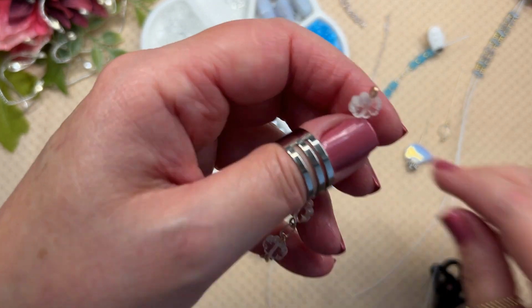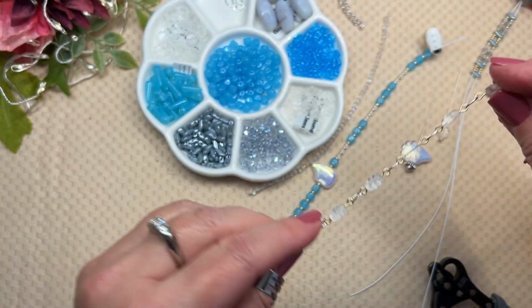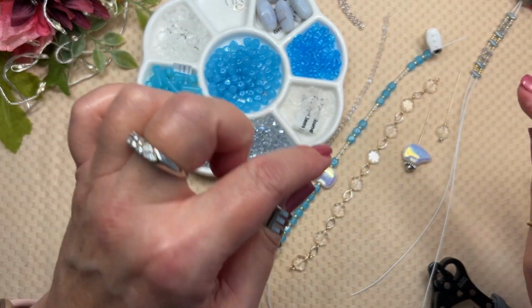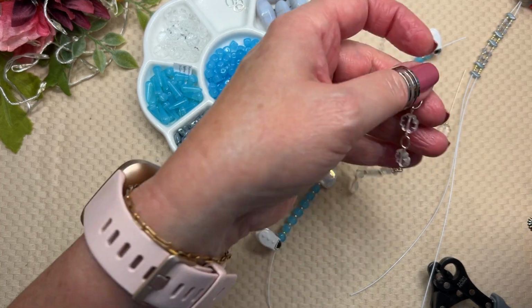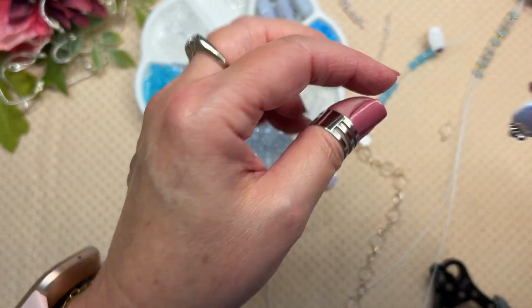Okay, so this little bracelet is done. I haven't decided on my clasp for any of my bracelets yet. I think I'm going to do all my stringing and connecting and crimping and then go into my stash of clasps. And so for this bracelet, for this snowflake beaded chain, I took a decorative silver head pin from my stash, and I